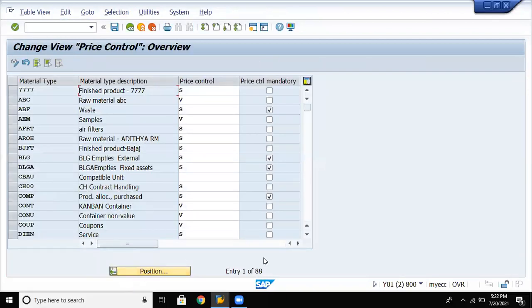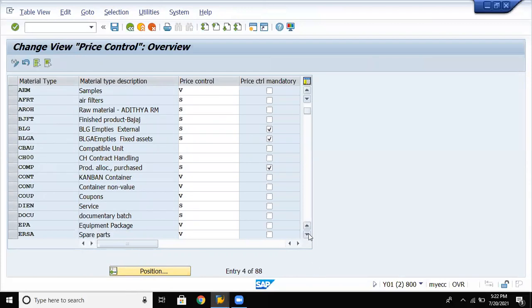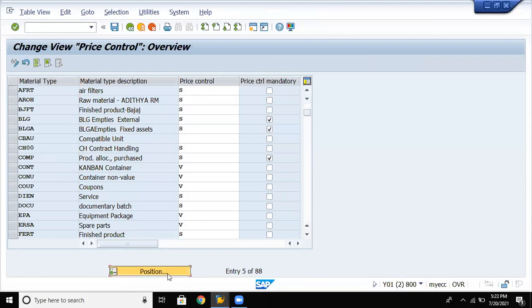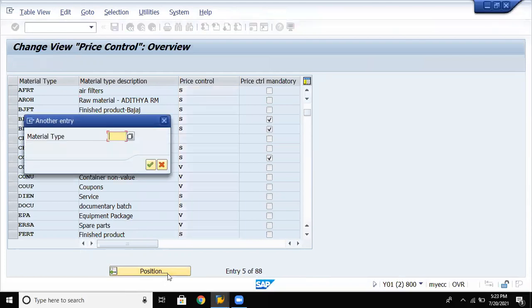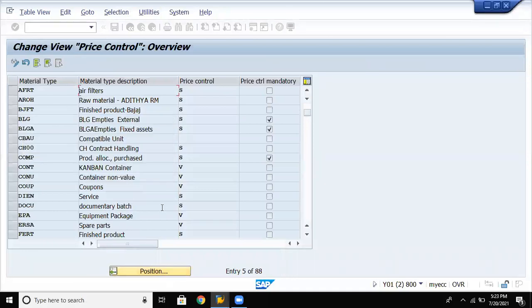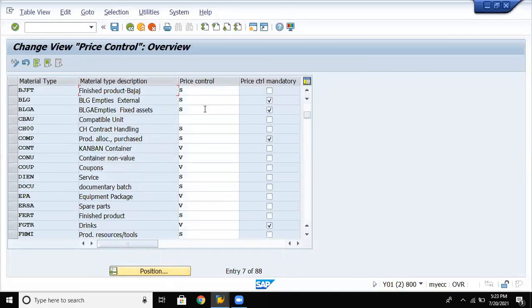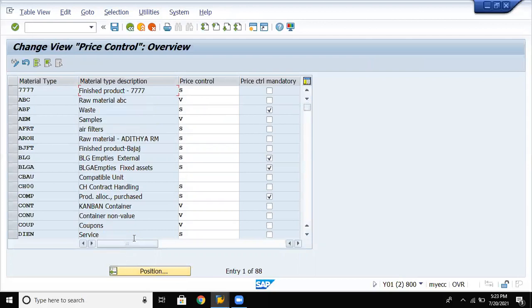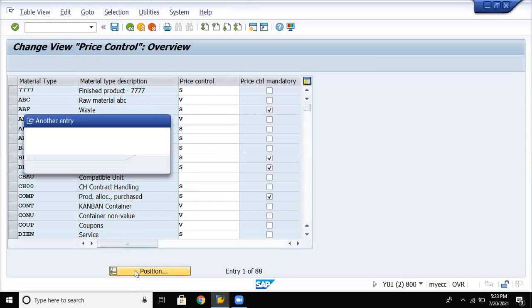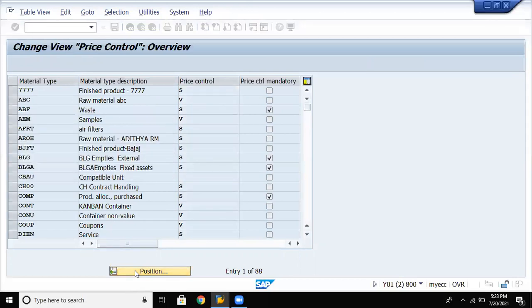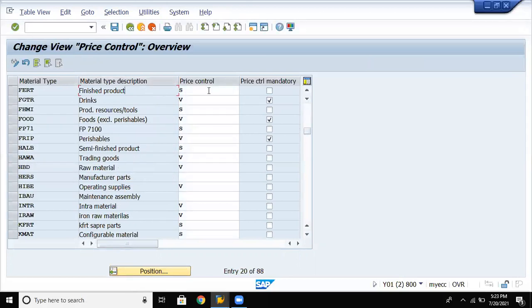So if you have created any material type, you can go with that, or we can go with the standard. So let's say we have created a material type with V001. So let us go with FERT. FERT is a finished product material type. So here, yes, price control mandatory.